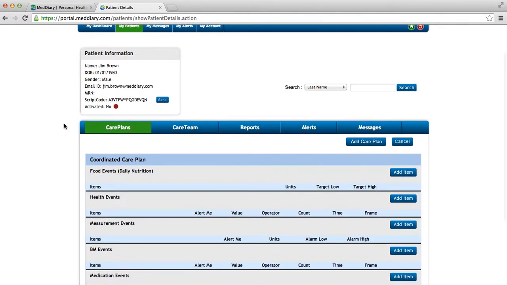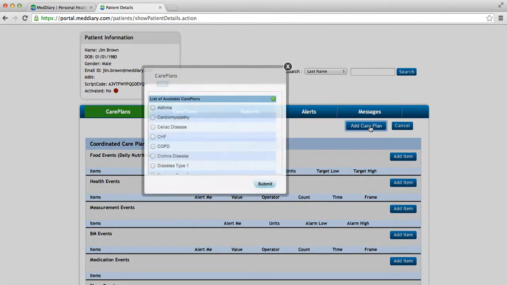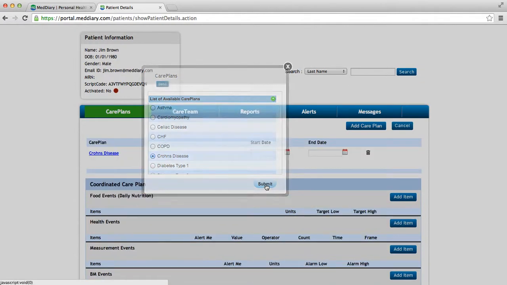So in the time being, I am locked out of viewing the care team members, generating reports, generating or viewing alerts, and then also generating or viewing messages with this patient. However, I can still assign a care plan to the patient. That way, when the patient does register and set up their account through the app, they'll already have a care plan assigned to them. So I will select Crohn's disease in this case,